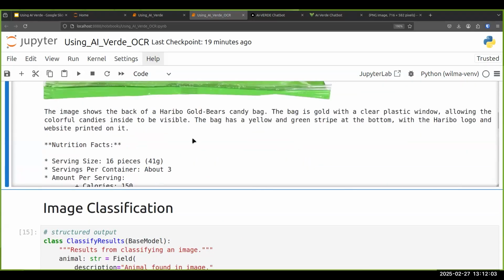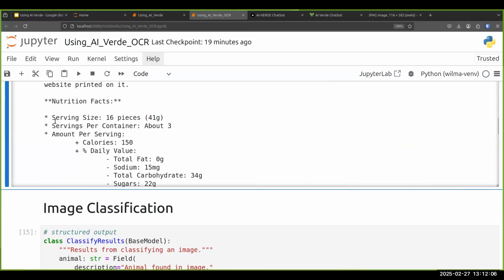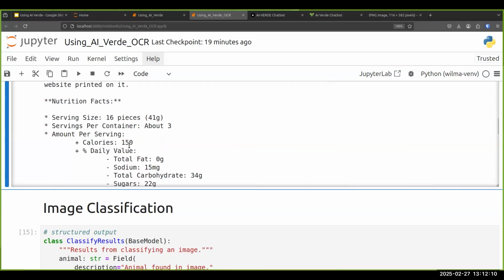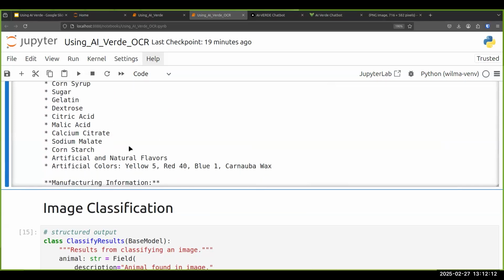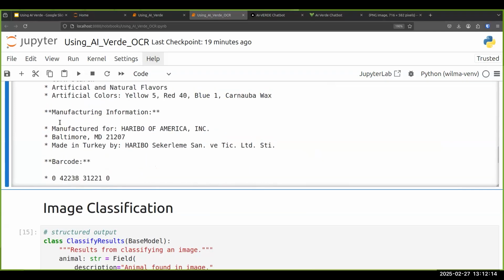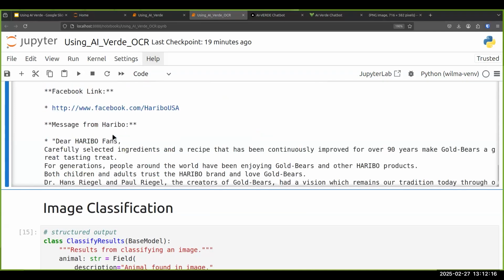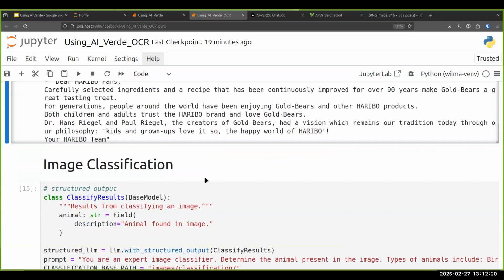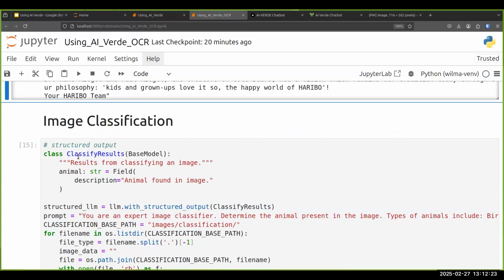Oh, there we go. See. Okay. So yeah, this time it actually did it and got all the nutrition information out and the ingredients, just about everything. So it has the link for us. So yeah, we can do